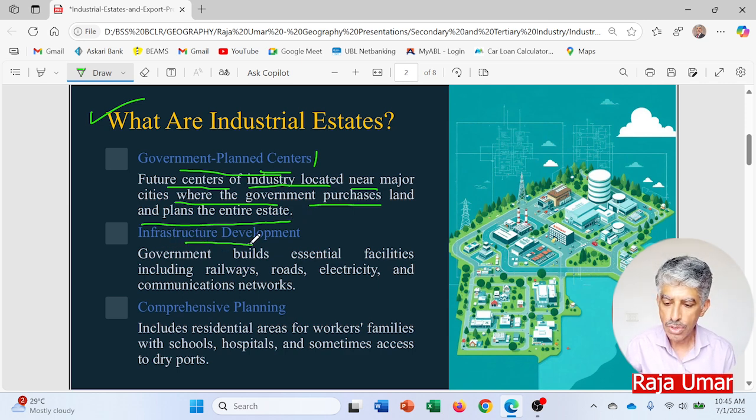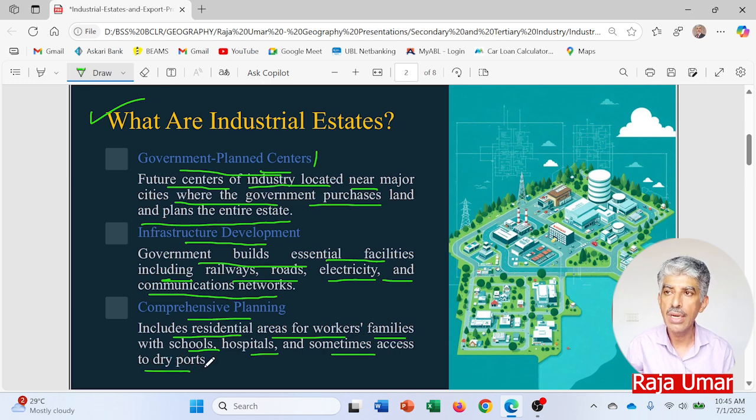So infrastructural development: government builds essential facilities including railways, roads, electricity and communications network in that area, and big plots are made in that industrial estate, so that it might attract the local or the foreign investors to come and establish their industry here. So comprehensive planning includes residential areas for industrial workers and their families, with schools for the kids of those workers and hospitals for providing them with the health facilities, and